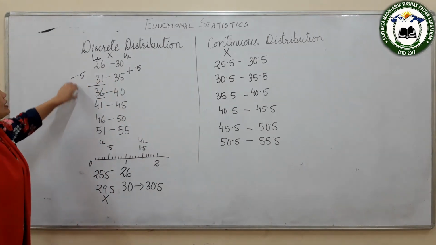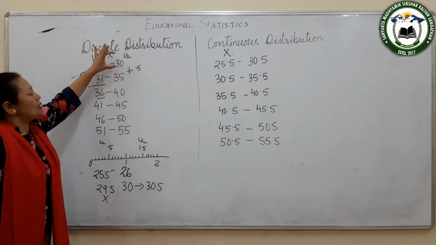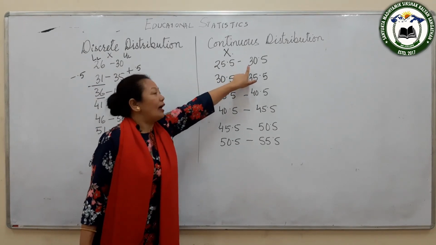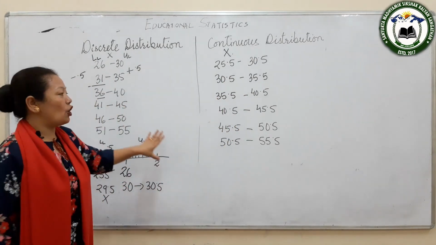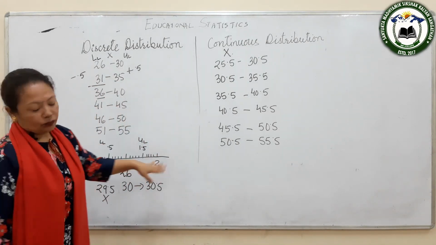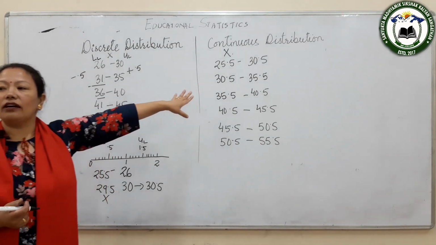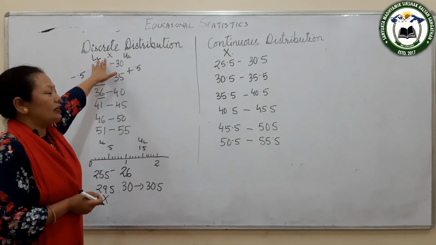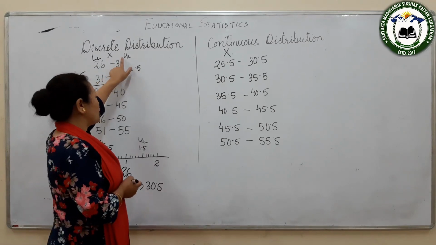So now you can see the difference between the discrete series and the continuous. In the discrete series, the numbers are isolated. Although it seems that there is no relation, in actuality there is a relation between this number and this number, and this number and this number. So each of these numbers is interrelated or linked together. So this is the continuous series. Now we have done the continuous series. You know how to find out the upper limit and the lower limit. So actual LL is your actual lower limit and UL is your upper limit.